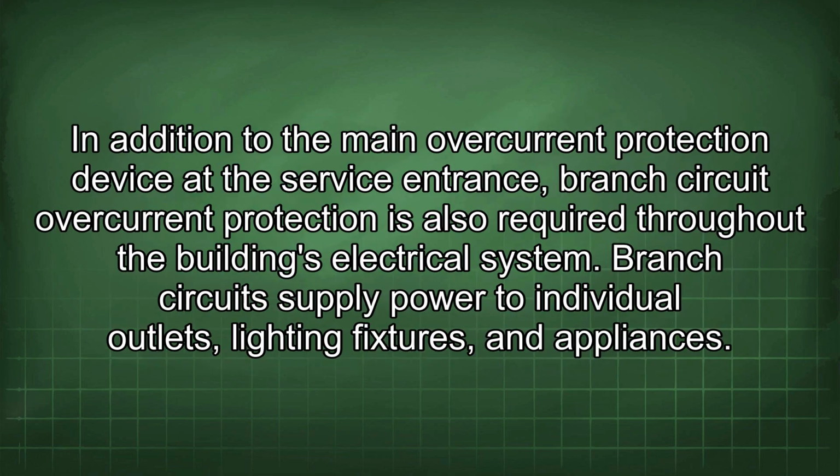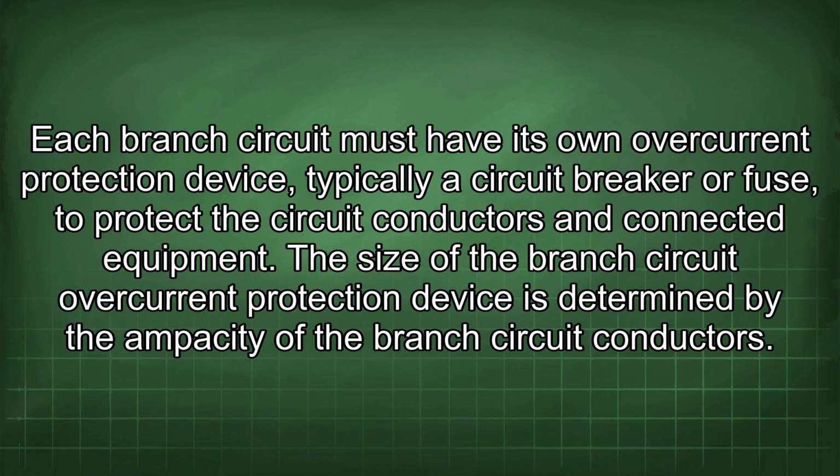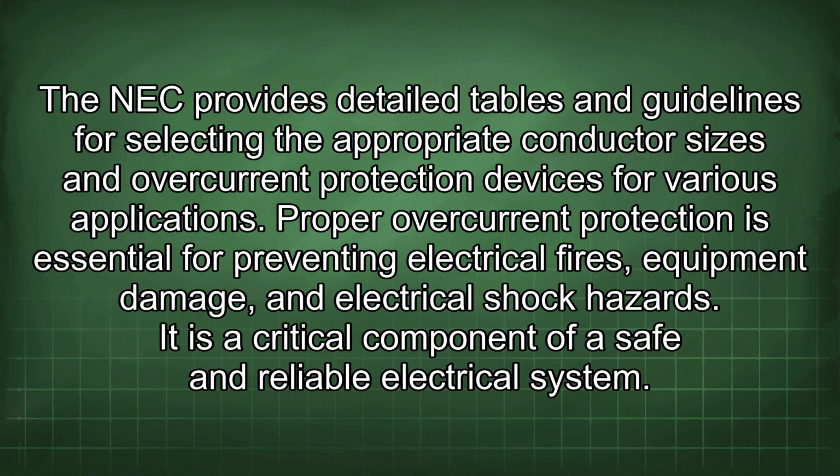In addition to the main overcurrent protection device at the service entrance, branch circuit overcurrent protection is also required throughout the building's electrical system. Branch circuits supply power to individual outlets, lighting fixtures, and appliances. Each branch circuit must have its own overcurrent protection device, typically a circuit breaker or fuse, to protect the circuit conductors and connected equipment. The size of the branch circuit overcurrent protection device is determined by the ampacity of the branch circuit conductors. The NEC provides detailed tables and guidelines for selecting the appropriate conductor sizes and overcurrent protection devices